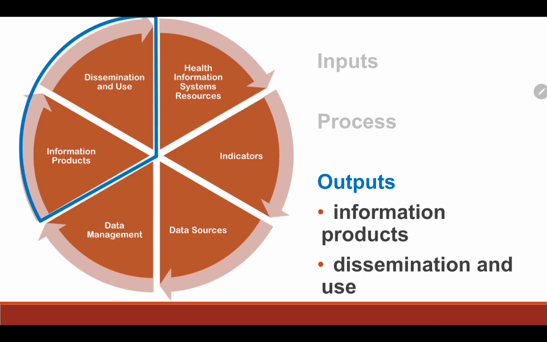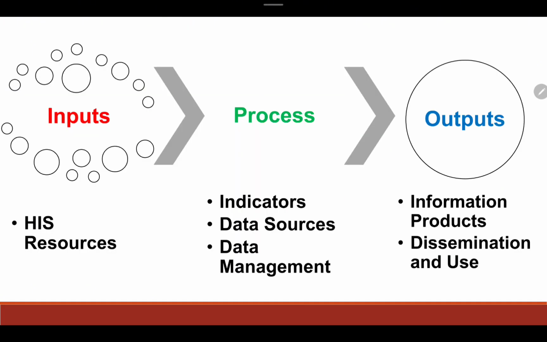The actionable goals, no? It refers to the transformation of data into information that can be used for decision making and dissemination of the use of such information. Okay? So, kung i-simplify natin siya, you have the inputs here, HIS resources, i-process ang data. After that, output. I hope klaro po siya. Okay? Input, process, output. Okay, so let's move on sa next slide and talk about the different data sources for health information system.